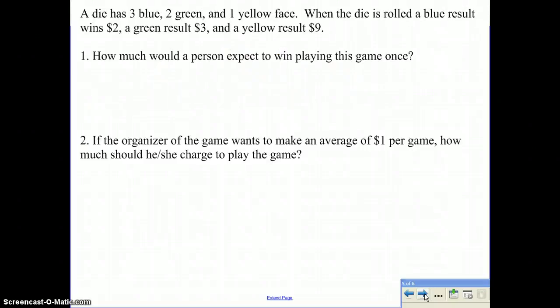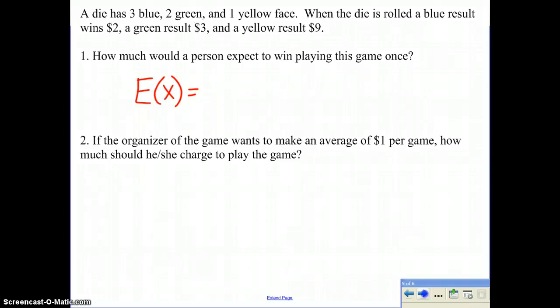So, let's look at this scenario. Let's say a die has 3 blue, 2 green, and 1 yellow face. When the die is rolled, a blue result wins $2, a green result $3, and a yellow result $9. How much would a person expect to win playing this game once? Well, the expected outcome, E of x, is just the probability of each outcome times the amount you gain from that outcome. So if we